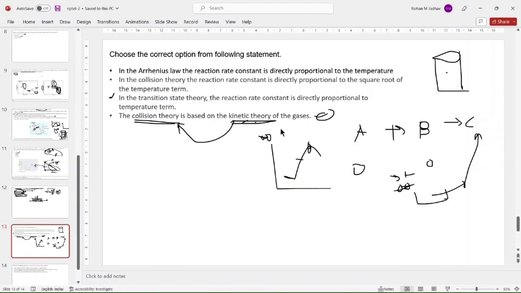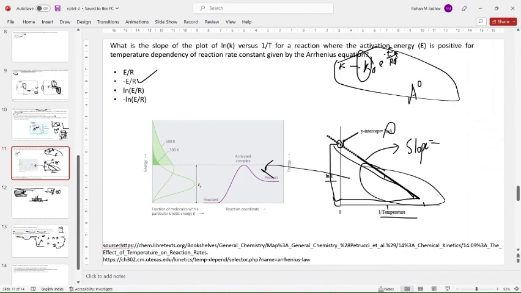So, the square root of the temperature term. As you can see, the temperature term changes with respect to the square root, and then the collision of the molecules either decreases or increases, because of which the reaction rate constant is affected proportionally. So even this is correct. And the last one is the Arrhenius law. The reaction rate constant is directly proportional to the temperature. Now, we have seen that it's not directly proportional to the temperature, and there are a series of other terms which come in the middle. So the statement one here is